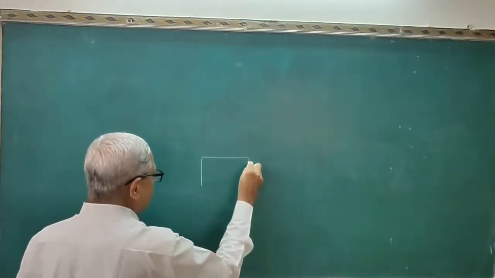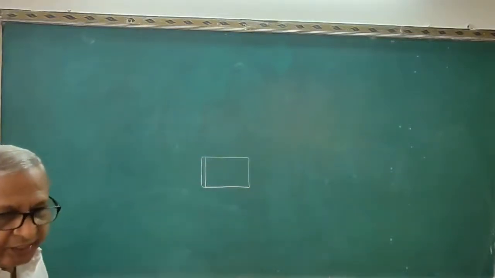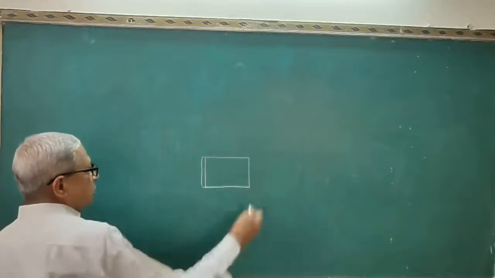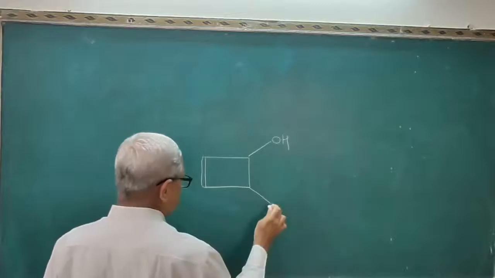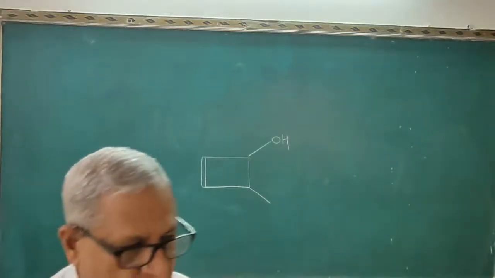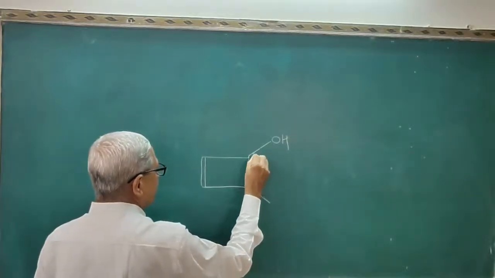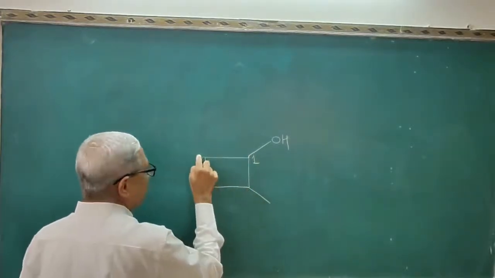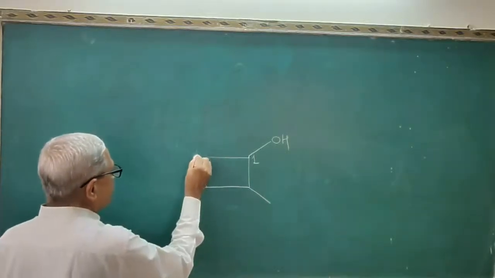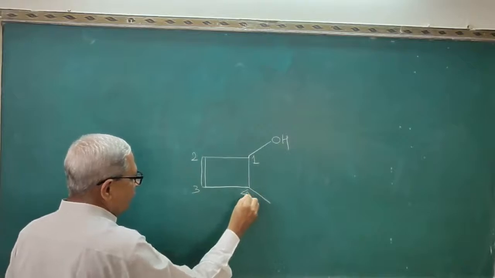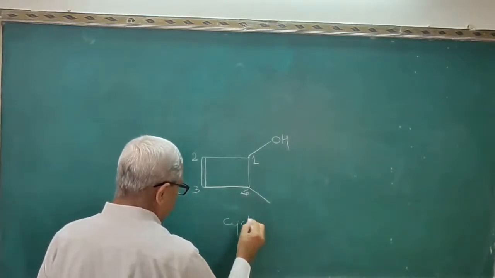This is the cyclic compound. It is the cyclobutane. This is the cyclobutene. Double bond is there. So I will write here the 2 groups. One is the OH group and this is the methyl group. Now see here, you have to give the numbering here. Here must be 1, then here 2 or here 2. Remember that alkenes are more preferred here. Therefore 2, 3, 4. So the name will become, see here it is a compound in the